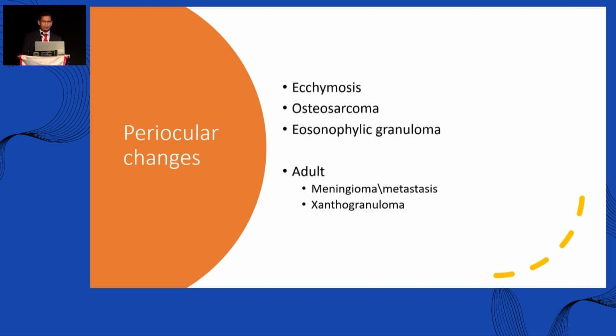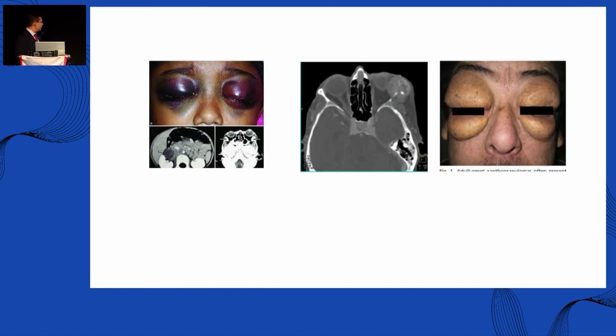In your orbit case, if you always see a young person, you have all these differentials, but keep it in the corner of your mind: make sure you look at the periocular things when you inspect, before you start talking about the case. And so, going into a few cases,